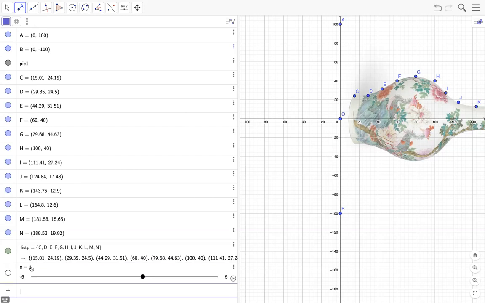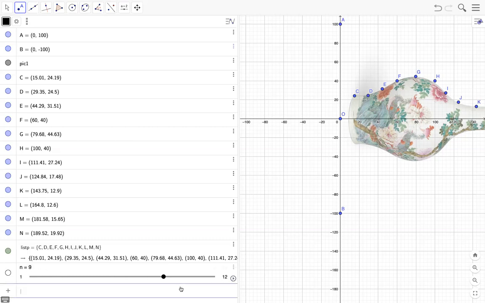Okay, now let me first define the degree of polynomial. Let's call it n, and n varies from 1 to 12 maybe, until the 12th power, with a step of 1. So this is our degree of the polynomial. I'm going to use it. As you can see here, if I move this slider, the values change. It doesn't change. Let me click here. It should be starting from 1 until 12, with step 1. Yeah, now I think it will work. You see, n is going 5, 6, 7, and 8, and so on.